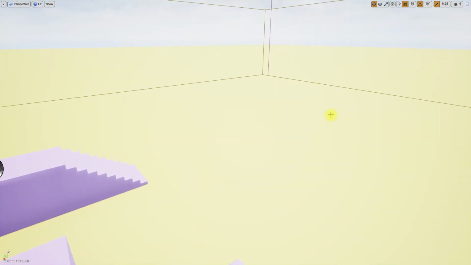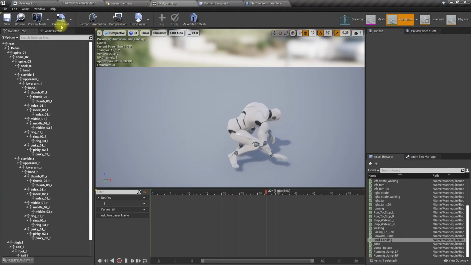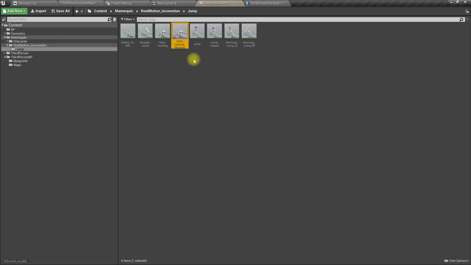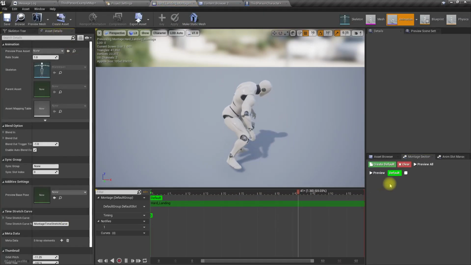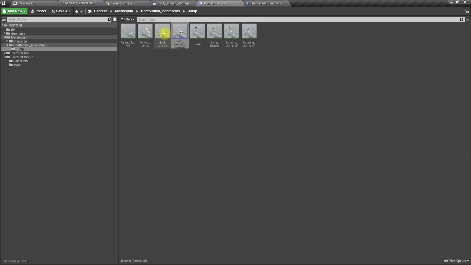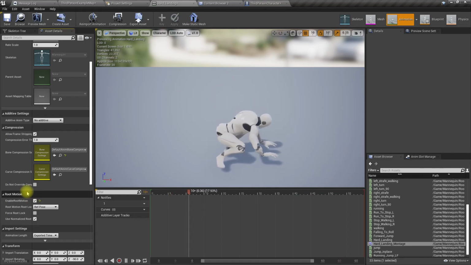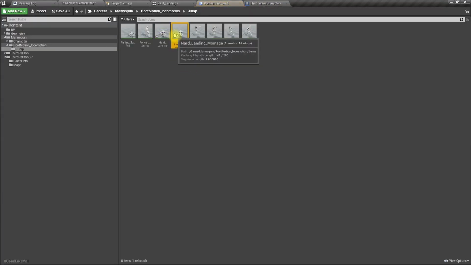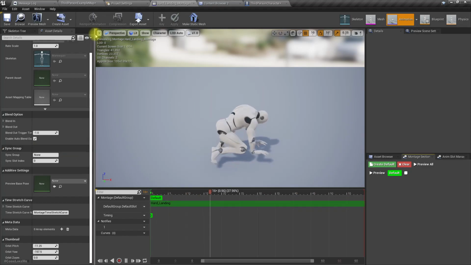Now let's create an animation montage using this hard landing, and also for this animation I'll enable root motion too, so that the character will not move using the movement input at that time. Okay, now